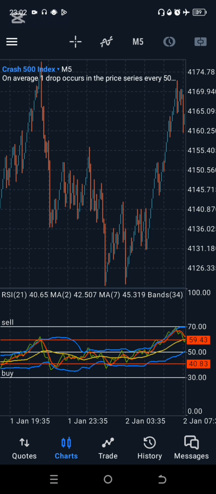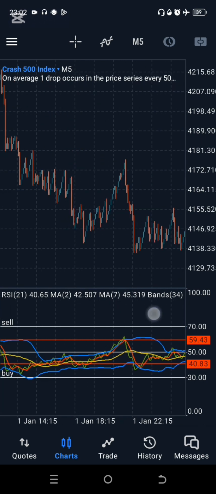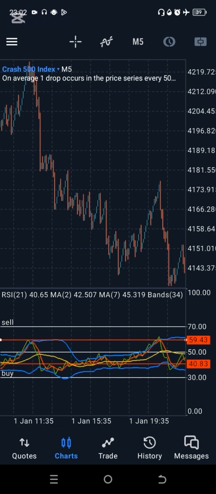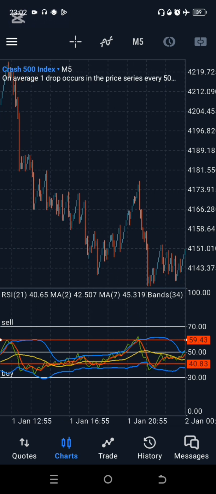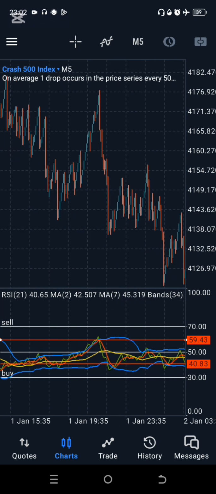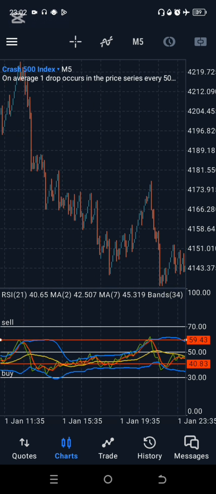So how do we use this to get our entries? Just from the tips that I was giving you, if we say that the MBL is a support or a resistance, then whenever the market bounces on the MBL, we take our entries. And if the 40 level and the 60 level are strong support and resistance levels, then whenever we see, after analyzing our price action of course,